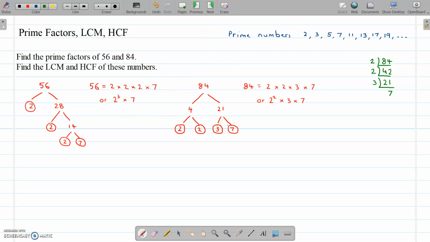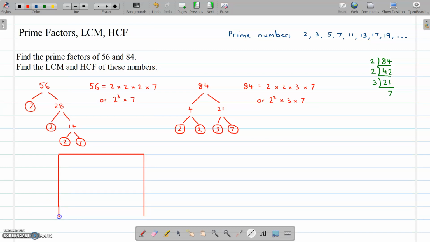So how do we find the LCM and HCF from this? Well, here's quite a smart way of doing it, which you may have seen before, but I will do it under here. So I'm going to produce a Venn diagram now. Okay, and what I'm going to do is make a box. A Venn diagram should always have a box, and inside two overlapping circles, or really more oval